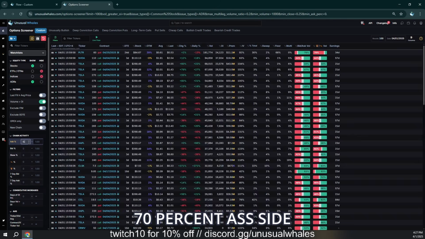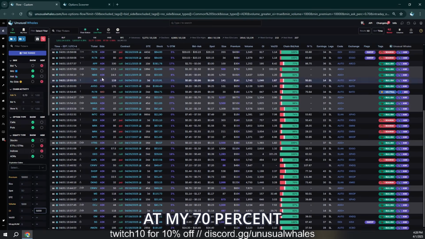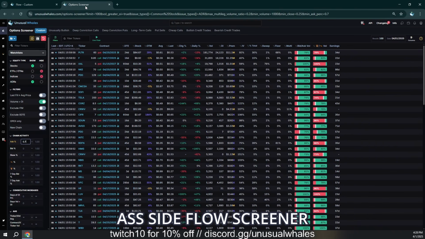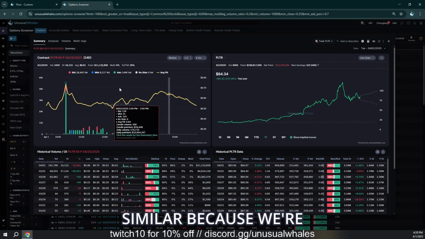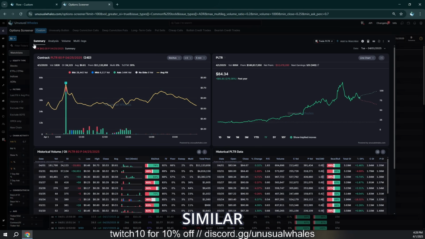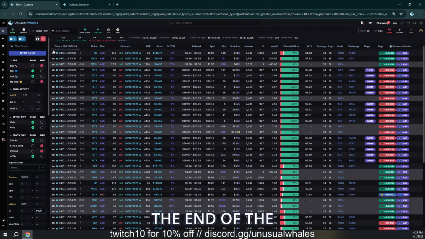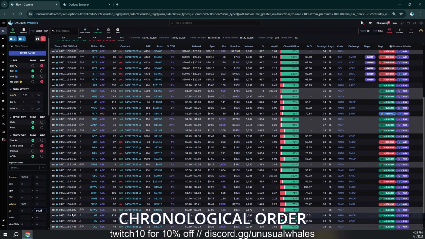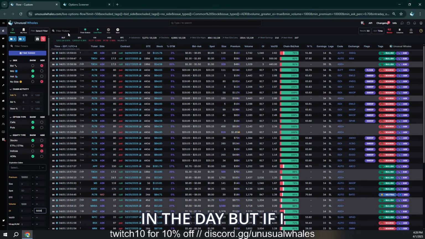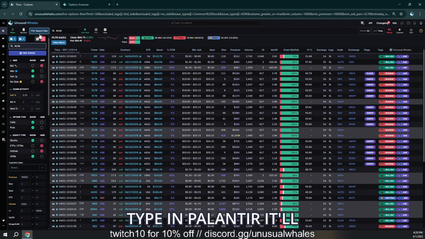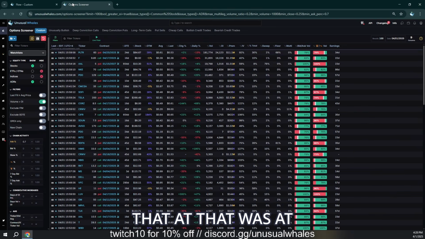Let's go back to my 70% ask side flow screener. The results will be very similar because we're looking for contracts of similar criteria. Now the Palantir 60p is not going to show up at the end of the day. Like the flow feed, it's in chronological order, and all the activity happened earlier in the day. But if I type in Palantir, it'll probably show up earlier. Yeah, that's not it. What time was that at? That was at